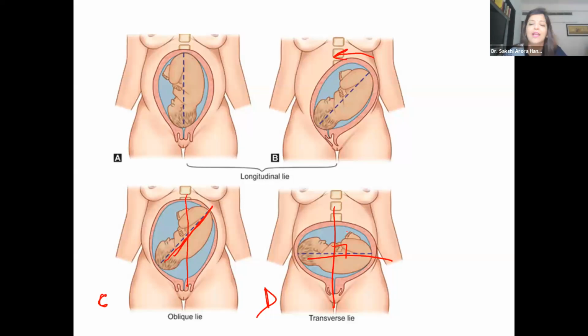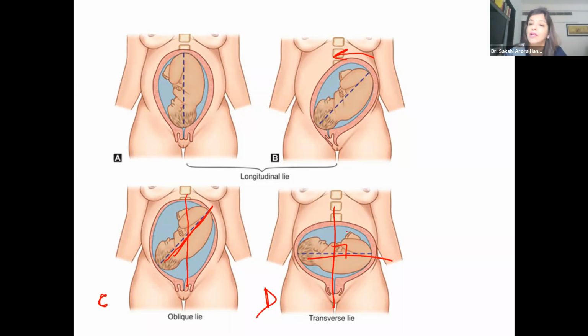Please understand that there is no role of these destructive procedures in case of a dead baby with transverse lie in modern day obstetrics. In modern day obstetrics, we do not do procedures like decapitation anymore, right? So even if it is a dead baby with transverse lie, you are going to say that I'm going to